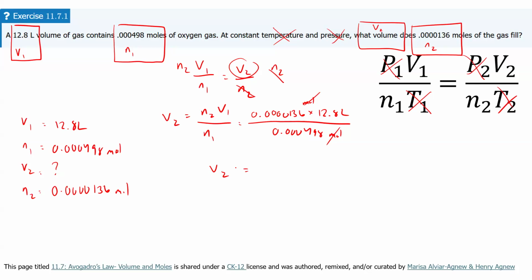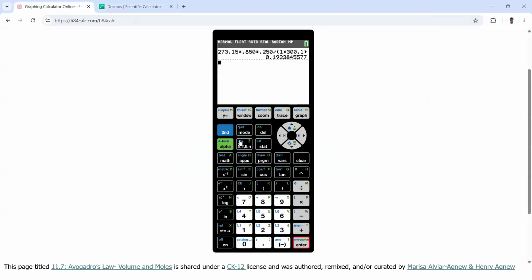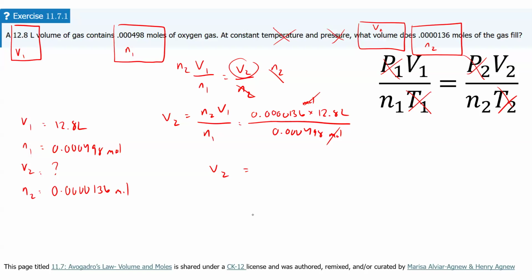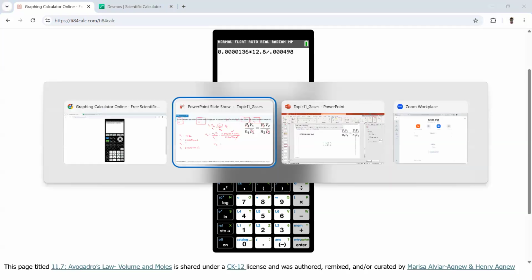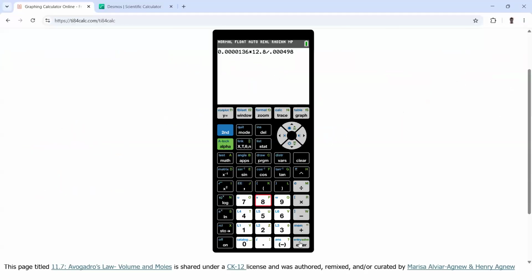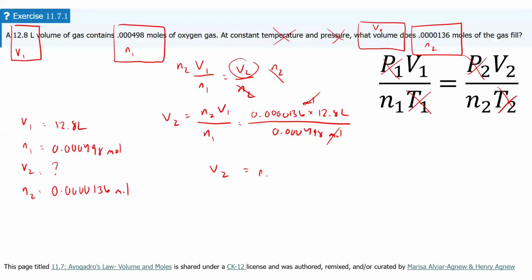You have to plug this one in. Okay, is clear. 0.0000136 times 12.8 divided by 0.000498, I believe. Hopefully, yep, there you go. So we got 0.350